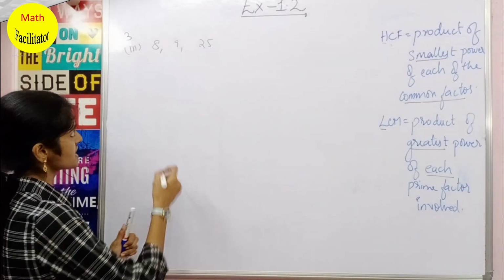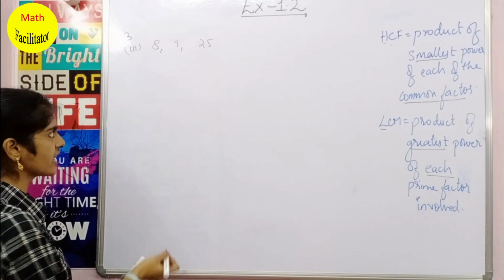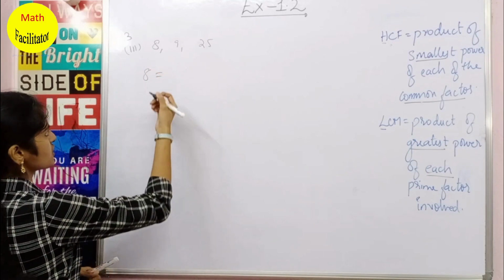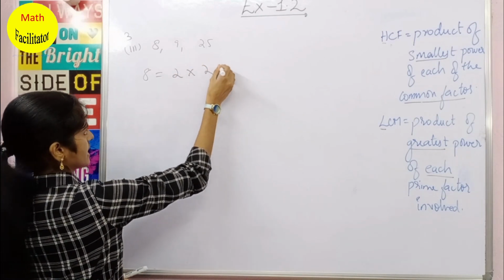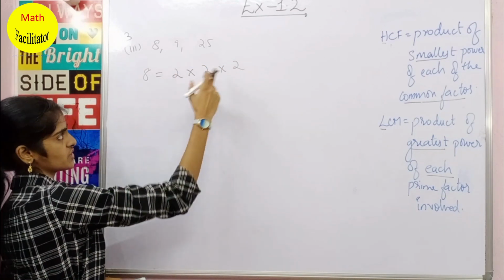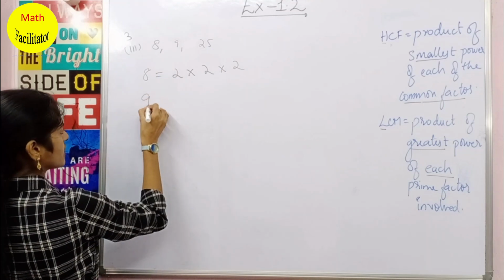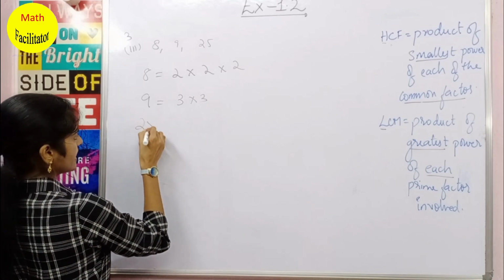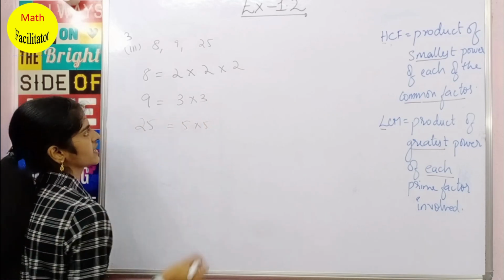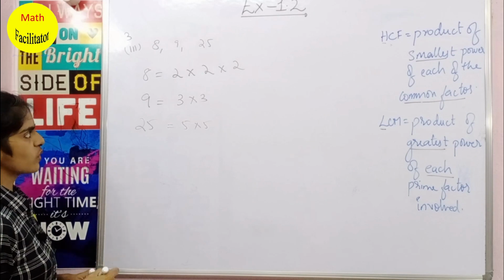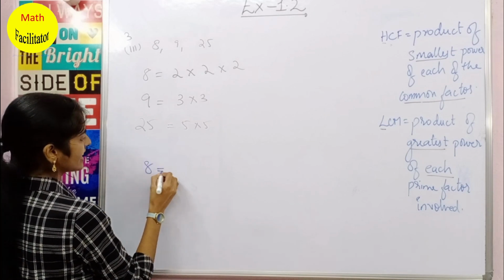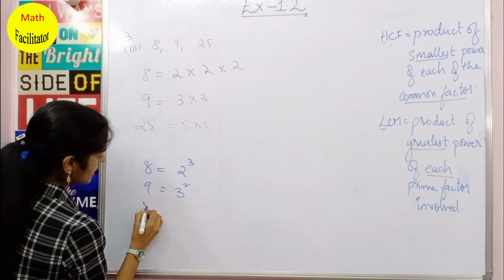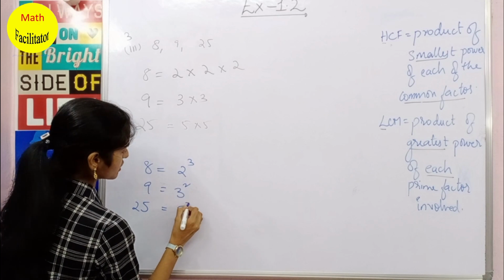Okay, in the next question you have 8, 9 and 25. Let me write 8. I want to write it directly since they are very small numbers. So 8 you can write as 2 multiplied 3 times. 2 2s are 4, 4 2s are 8. Right, so 9 you can write as 3 multiplied 2 times. 25 you can write as 5 square, which is 5 multiplied 2 times. Let me list it here in exponential form. So 8 is nothing but 2 cube, 9 is 3 square, 25 is 5 square.